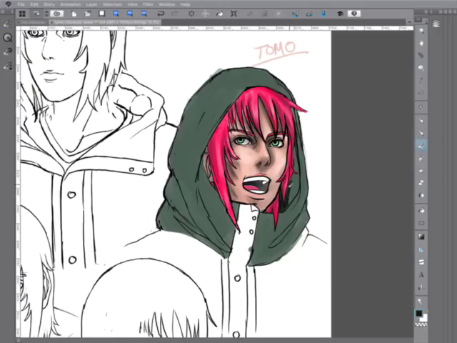Shadows in there, inside of the hood. And then I guess throw some around out here. Try to emphasize folding. I don't know exactly what kind of cloth material this would be.